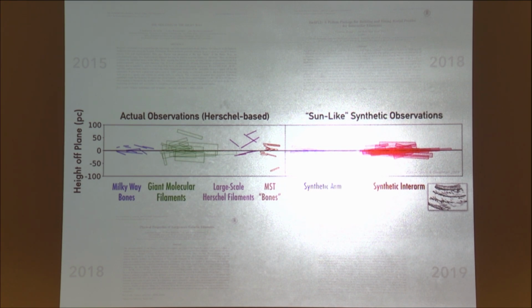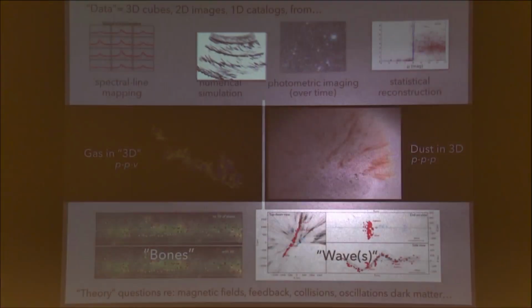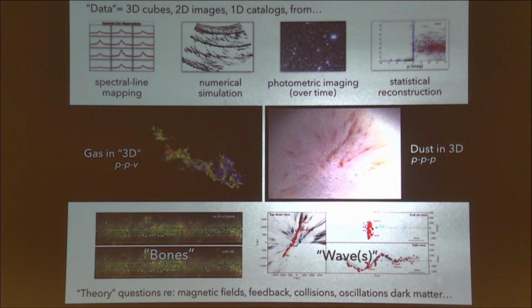It's possible. Yeah. That's right. That's right. So anyway, what's going on now is that Rowan-Smith, and I don't know whether anybody here is a collaborator on that, is working to include feedback on magnetic fields and a better treatment of gravity in these simulations, partially because you can't reproduce these structures. Okay. So that's where we leave the bones for now, that they exist, but that a full theoretical reproduction of them is not yet available.